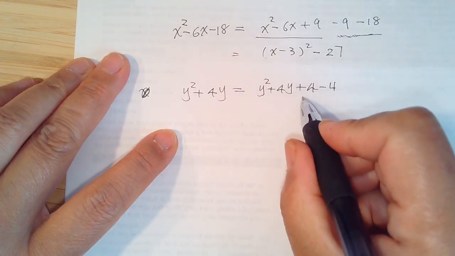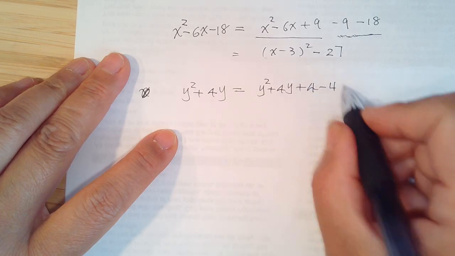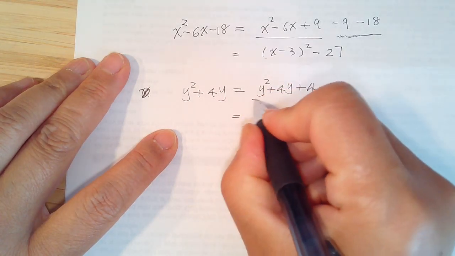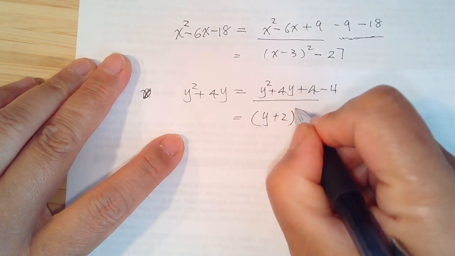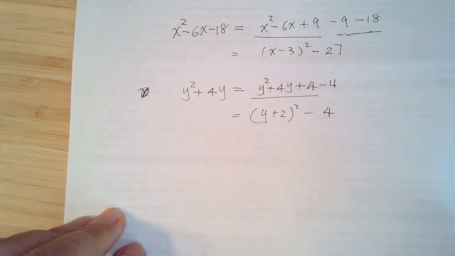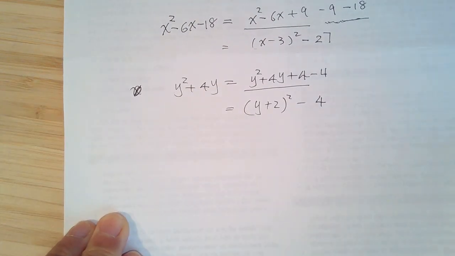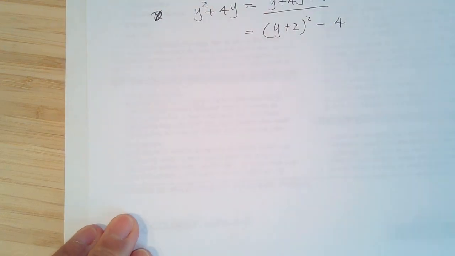Every time you put plus 4 here, you just write a minus 4 immediately, so make sure that you're not changing the value. And the first three terms right now are y plus 2 squared minus 4. So you are completing the square. Why do we need to do this? Because